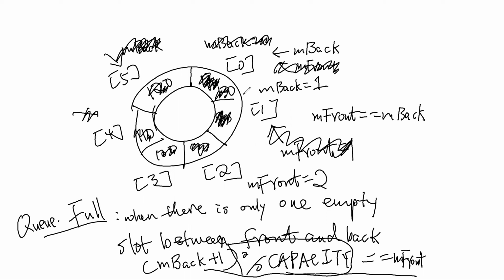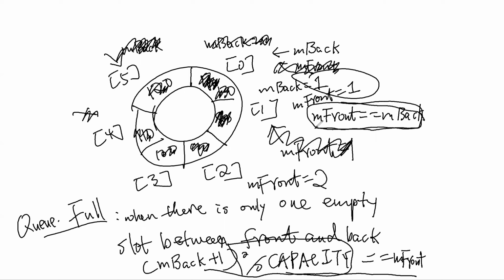After I remove everything, m_front is also going to be 1. So when the front and back indices are the same, that is the queue empty condition. So that's the general idea, conceptually, about all of the ideas regarding